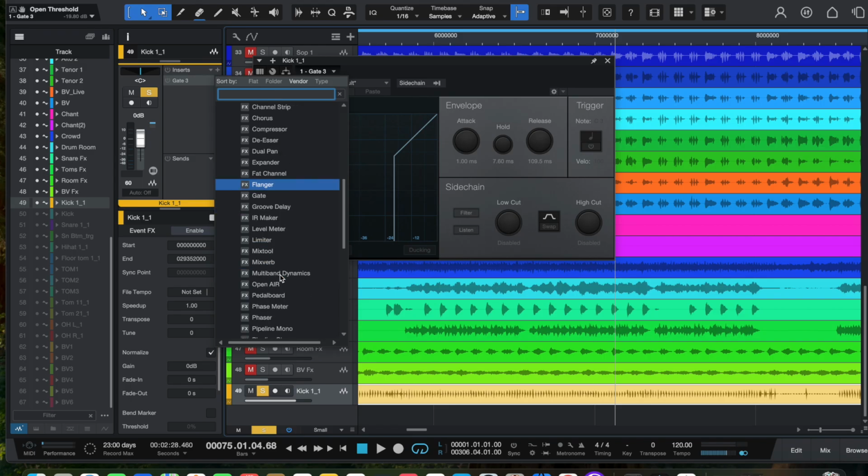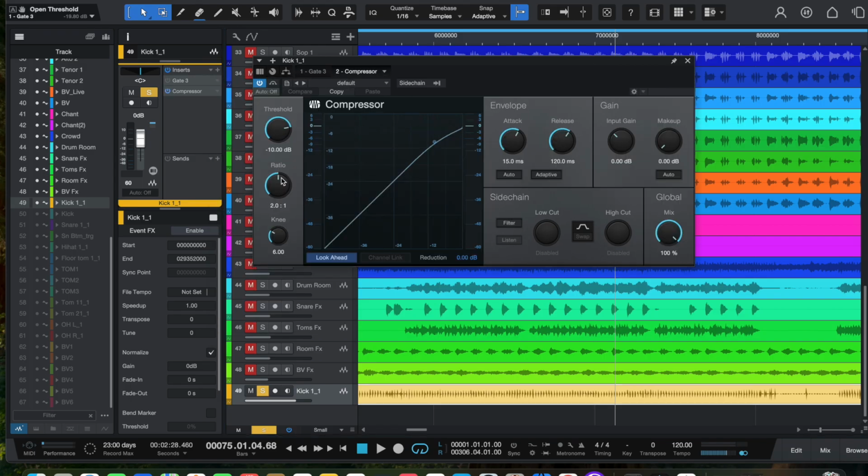Now for compressor. So I'm just going to open up a compressor here. We have a compressor here, and it has almost the same parameters as gates. So this is my kick. A compressor is like a control measure, such that when your sound gets louder than the normal level,